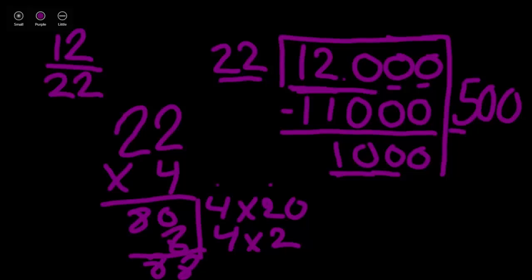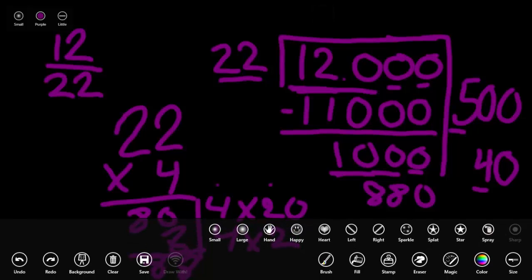So we know we can use 22 times 4, and that gives us 88. Now we still have this extra 0 from our dividend, so let's add that onto our 4 to make it a 40. And we know 22 times 4 is our simple problem, which is 88. Add your 0. 22 times 40 would be 880. Now again, I'm going to